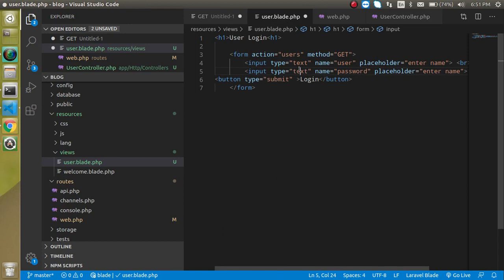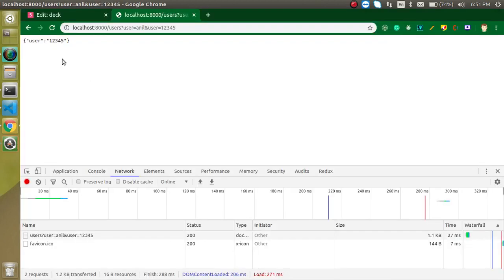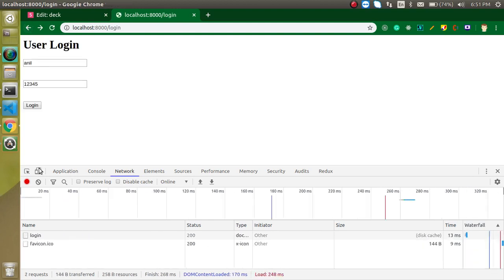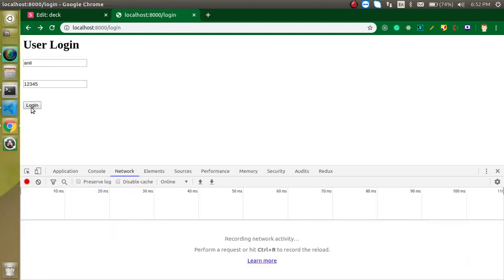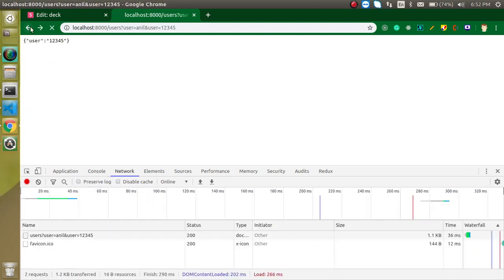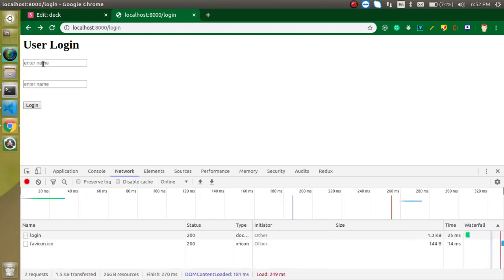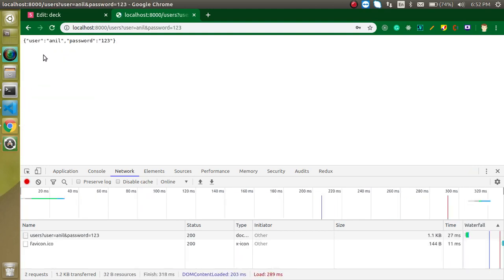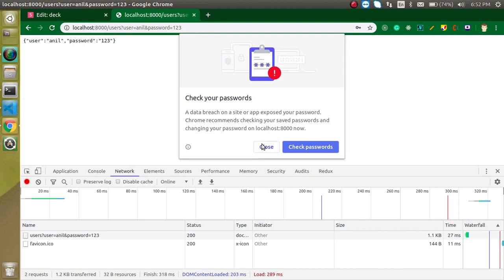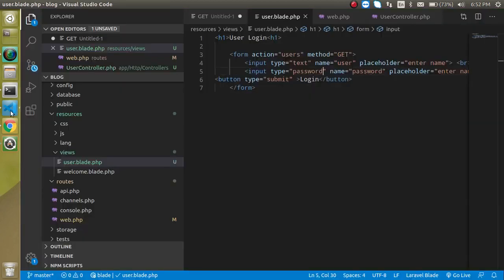And the text is also be password. Again, let's make it correct now. All right, so just refresh it. Name is like Anil and password is like 123, and now we are able to send both fields, right? So this is fine. Now let's try to use the post method here, and with the post method we need